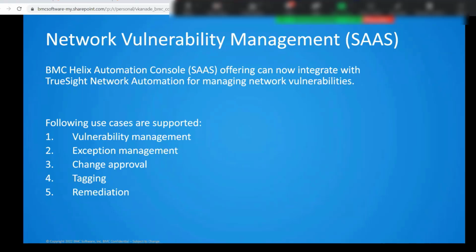For example, you can import the vulnerabilities, map them to the remediation content, and once some remediation content is mapped, you can create an operation to remediate those vulnerabilities. You can also create an exception for the vulnerabilities for which there is no remediation content available, or those network devices are not accessible or not really important to you, or it might be a possibility that a scanner is reporting a false positive. Also, the change approval is a very important feature